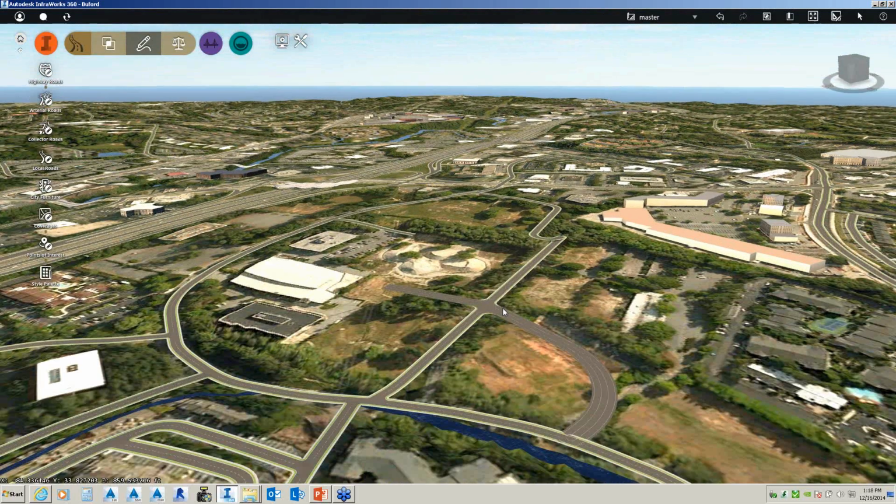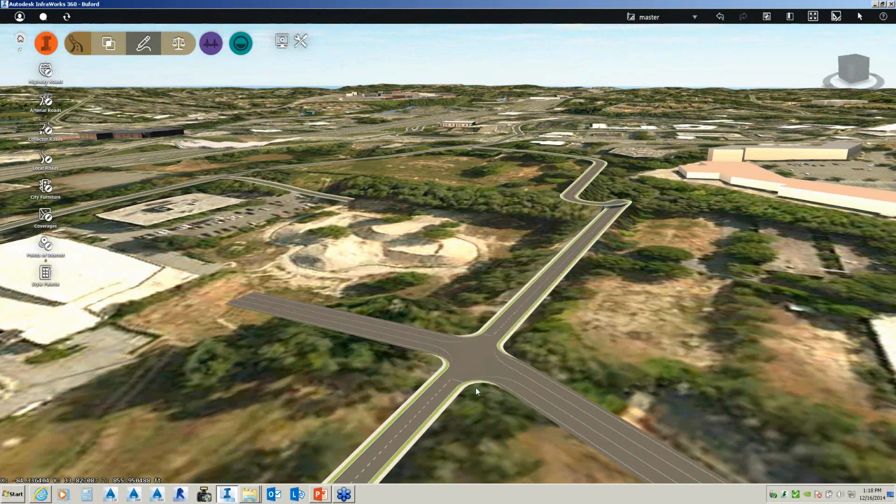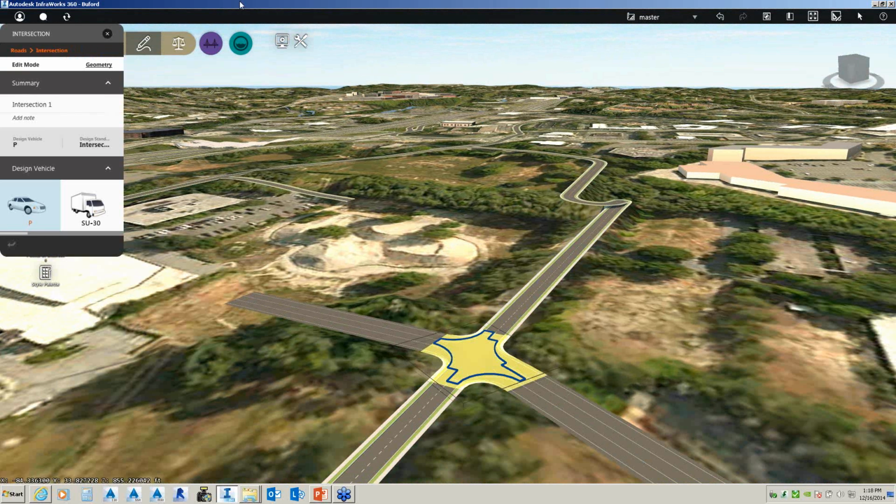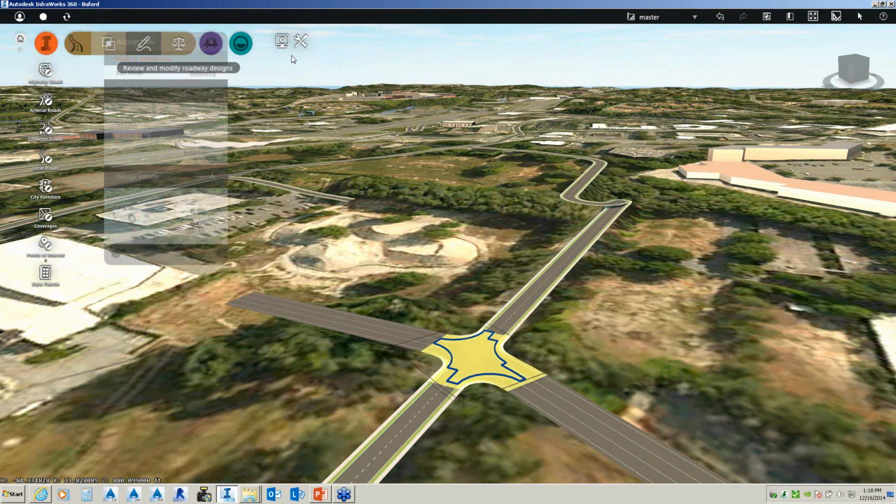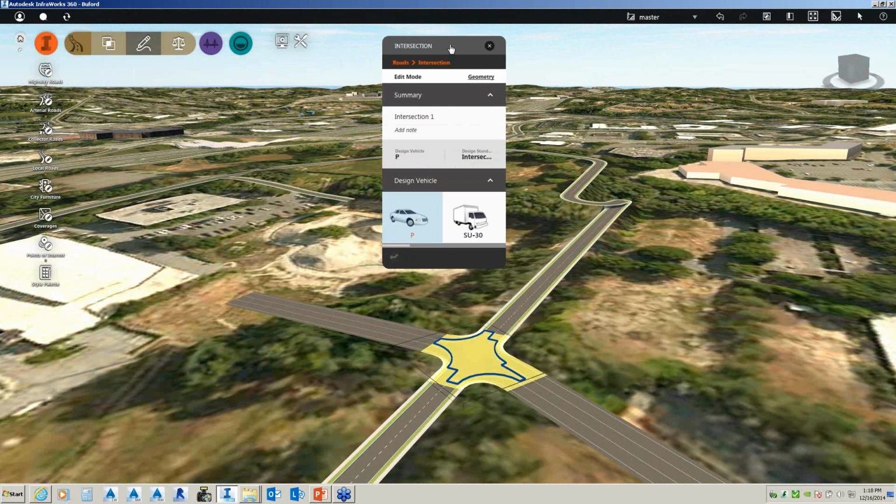But the beauty of working with these roads is, well, how do I know what type of vehicle can actually travel through this intersection? So if I pick on the intersection, it brings me up this card palette here in reference to my intersection. So as engineers, architects, we need to know what kind of vehicles can actually pass through intersections and around buildings. So right now it's a passenger vehicle.